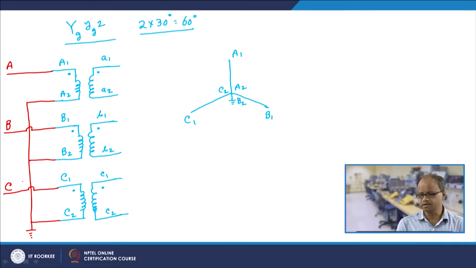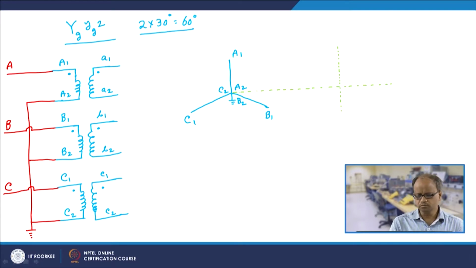Now at the secondary side, this is also connected in star grounded, but the difference is that now there is a difference of 60 degree phase between the phase A voltage of the primary side and the phase A voltage of the secondary side. So, that we have to consider. Therefore, let us draw a dotted line and let us draw another dotted line. These dotted lines are just for reference.